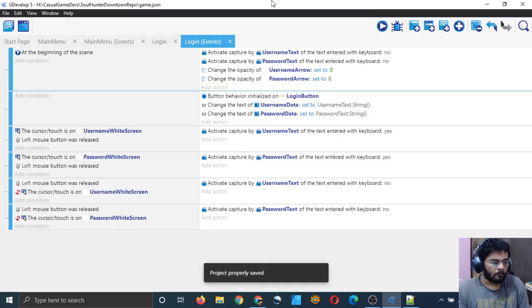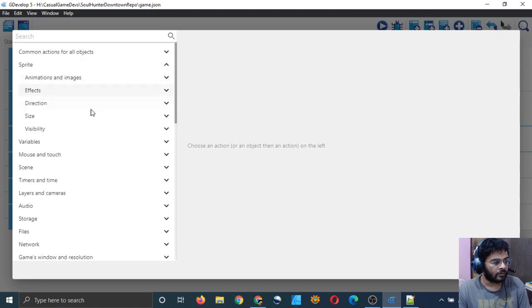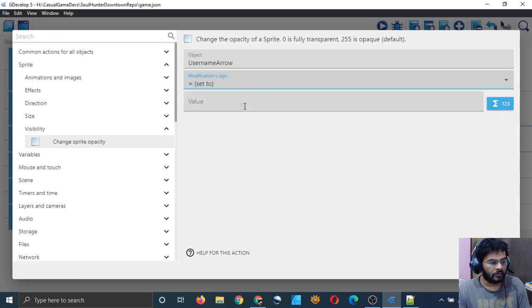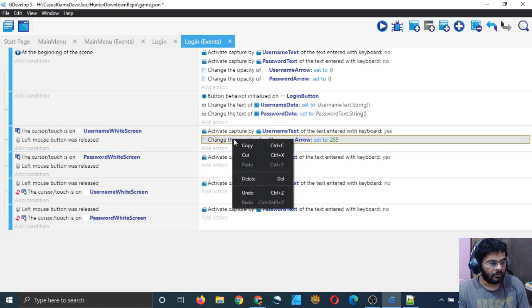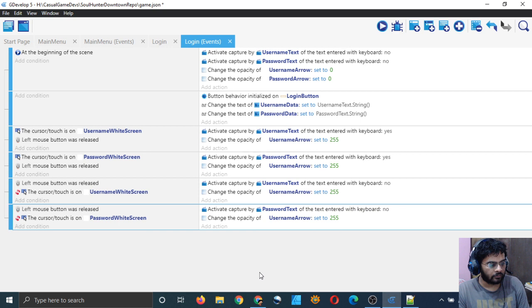But when I activate my text, then the opacity should again be 255, but only of that arrow which is next to the text which I activate. Let me choose this action: visibility, change opacity. Username opacity is equal to 255, which is the maximum opacity. I'll simply copy this statement and paste it here, here also, and here also.